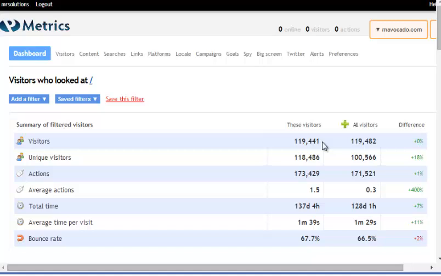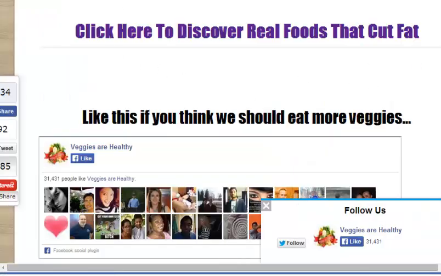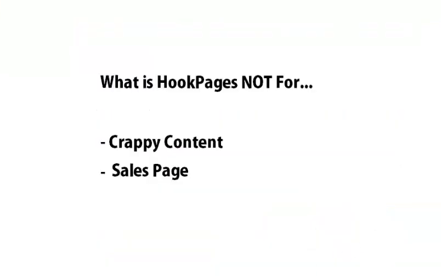And what actually happened from the traffic which we bought, we then got an additional 18,000 visitors from that traffic which we paid for. So the dirt cheap traffic was not too great quality, but then the traffic which came after that, the 18,000 visitors which came from the viral effect of the landing page, with all these share buttons which you see here along the side and across the bottom